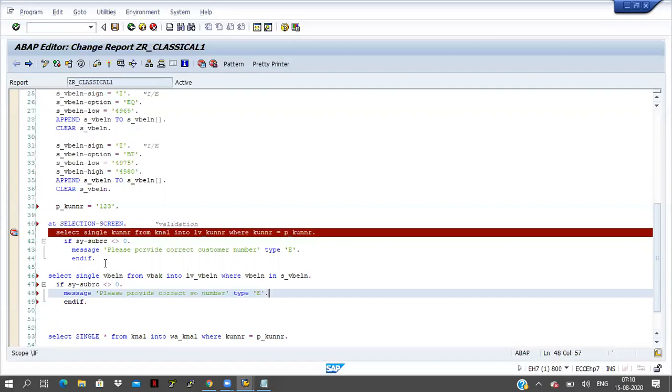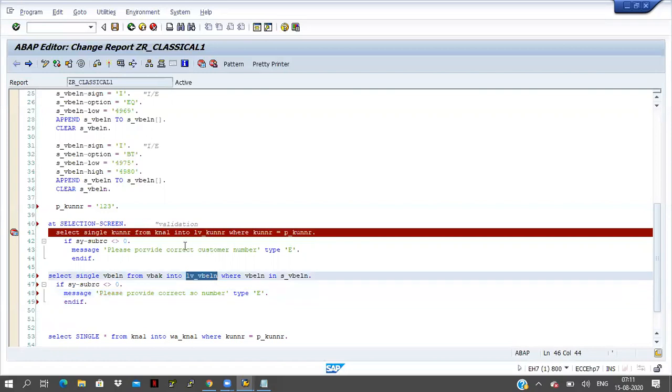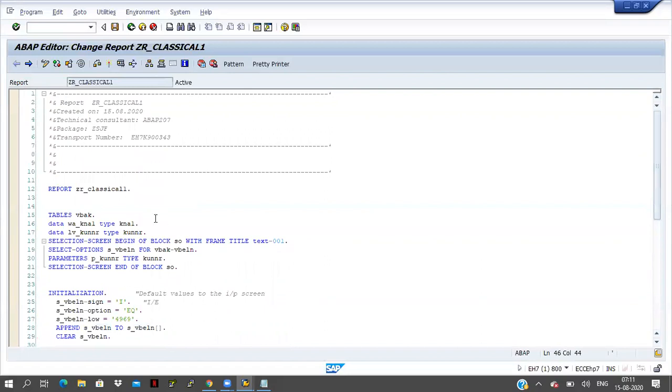Here I am taking it like this, and S_VBELN I have to declare, right? So I am copying this one and declaring one variable here, LV_VBELN.